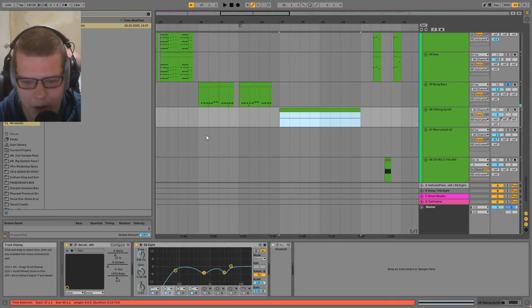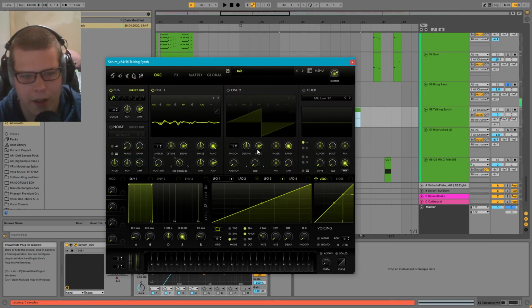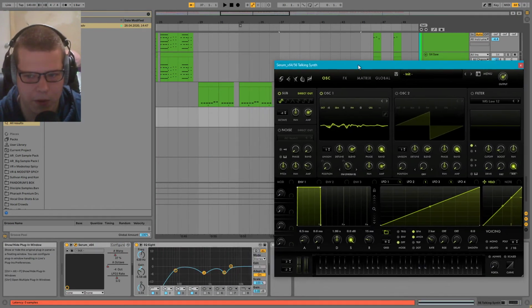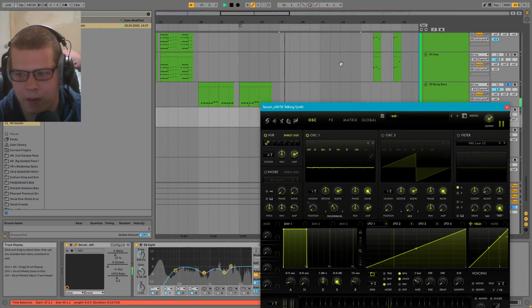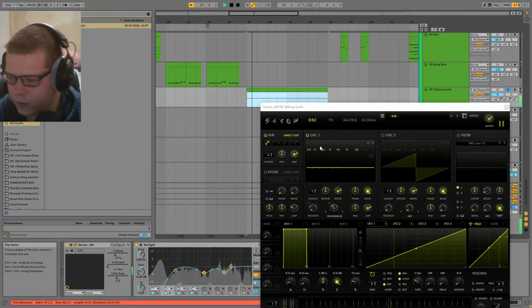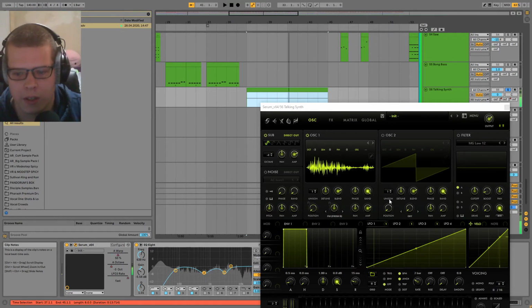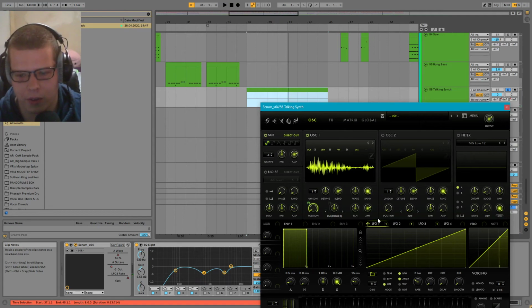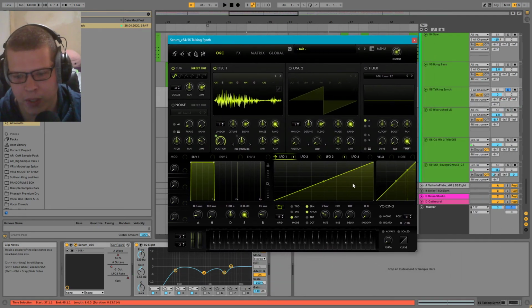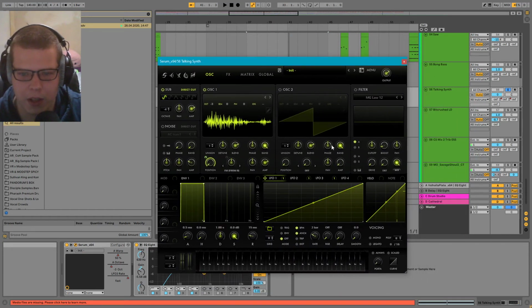So this is probably the most interesting thing of the track, and it's that I put one of the vocal samples into Serum. I've got this LFO on oscillator 1, and the rate is set to 2 bars, which means that the vocal sample will run over the duration of 2 bars, and then it'll start looping again.